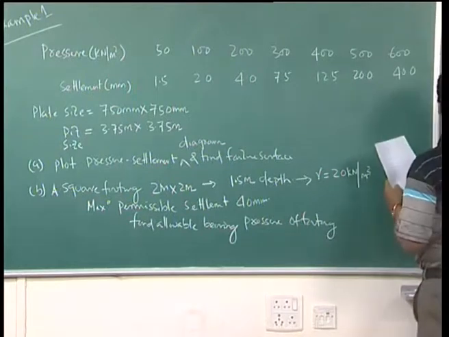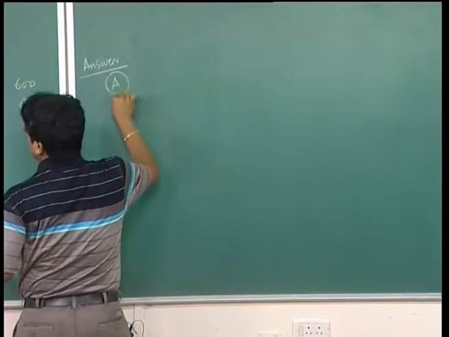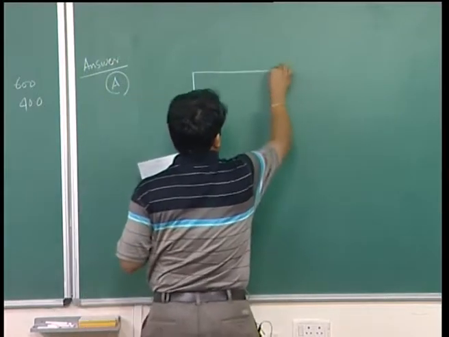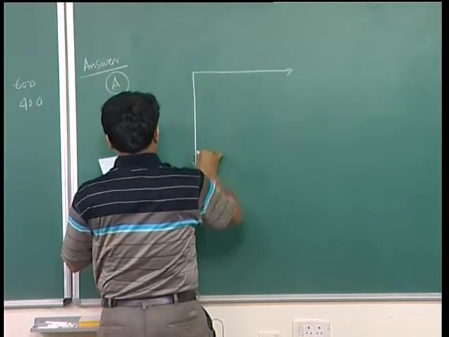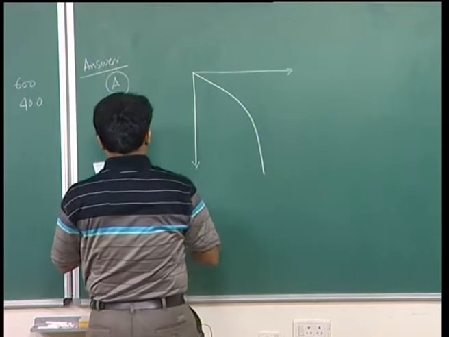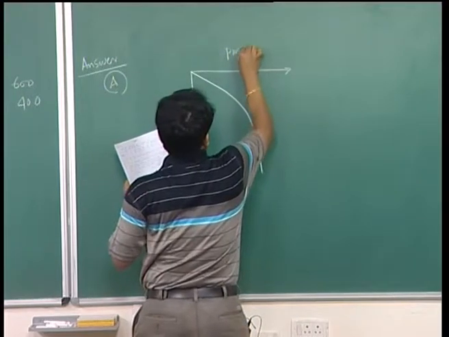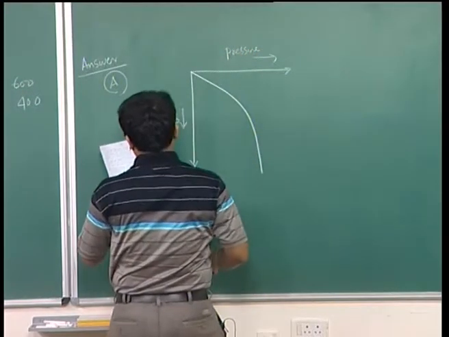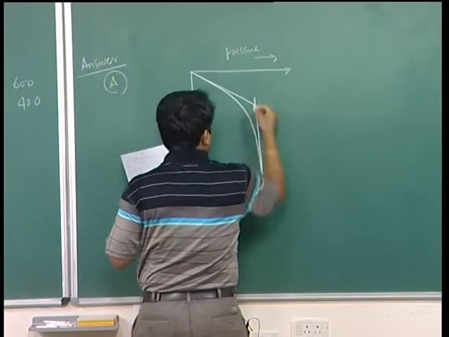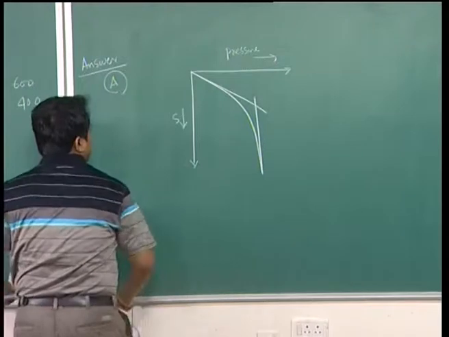Now, the answer, let us say part A. With the help of pressure versus settlement, draw the pressure settlement diagram. This is my settlement, this is my pressure. With this pressure settlement diagram, by means of the double tangent method, as I said yesterday,